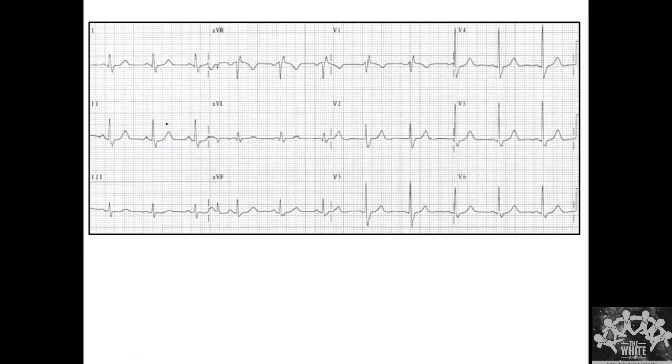So QT is normal because 1, 2, 3, 4, 4.5. So if I draw a line somewhere at 2.5, the T wave ends well before the QRS complex. So that is why it is good. So it is a normal QT interval. Then you look for chamber enlargements. We have seen LVH, RVH, RA and LA enlargement.